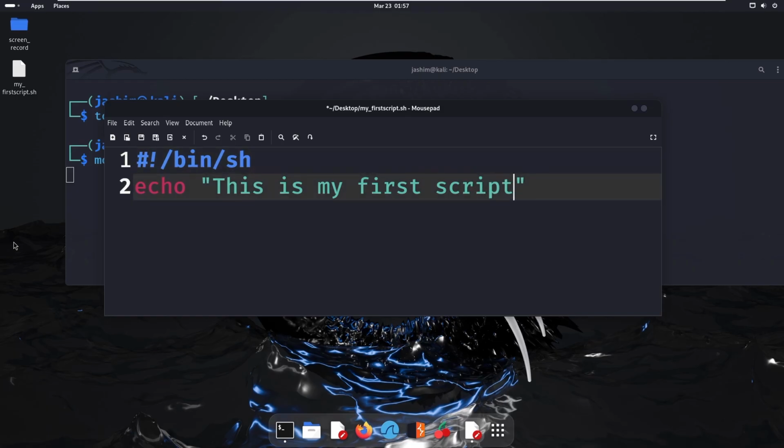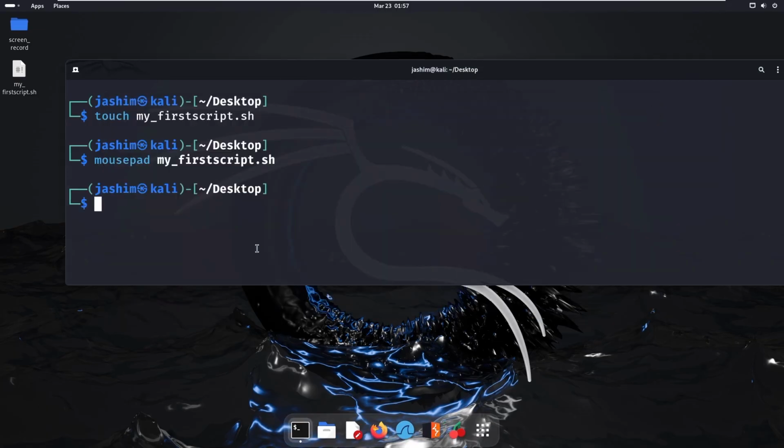Now I am going to write echo, this is my first script. Echo means the output of this line. Echo will output, this is my first script. This line will output. So I am saving the file now, and after that I'll execute it. I'll type dot slash myfirstscript.sh. If I hit enter,